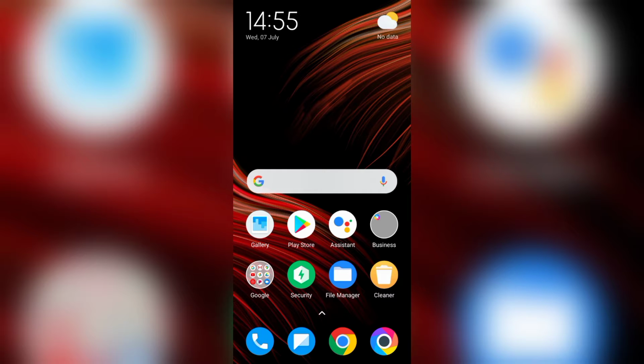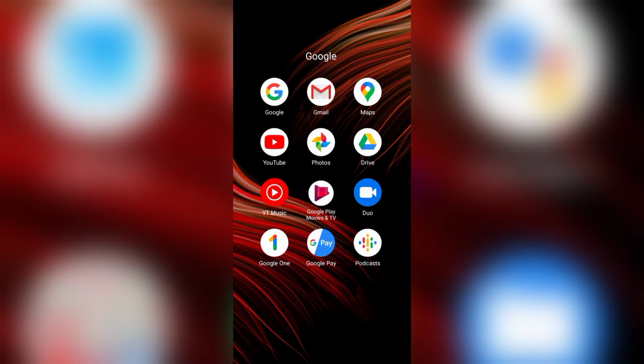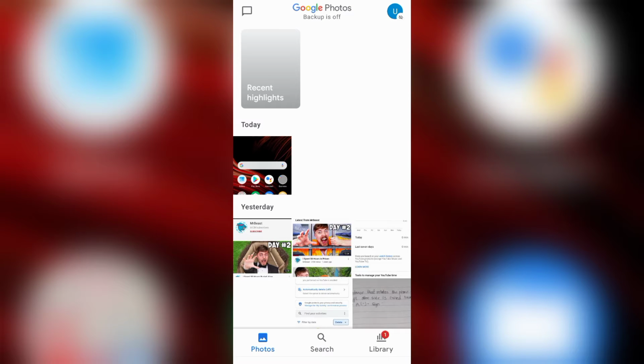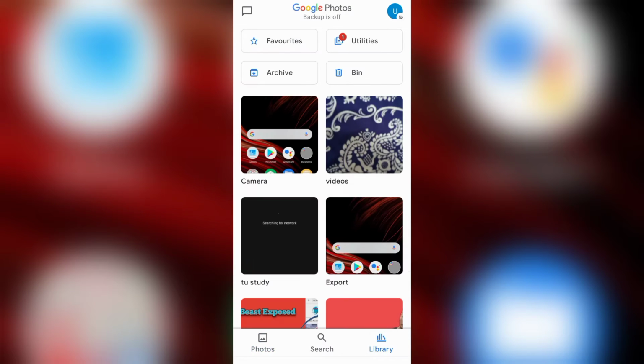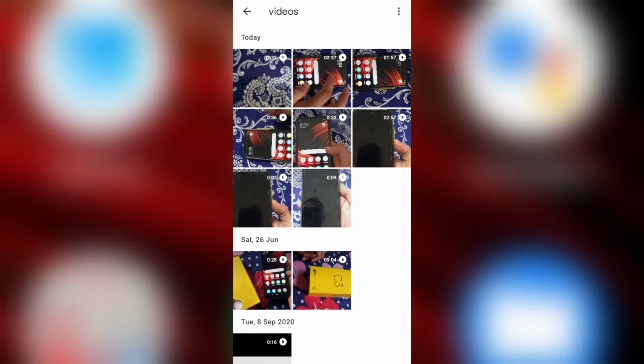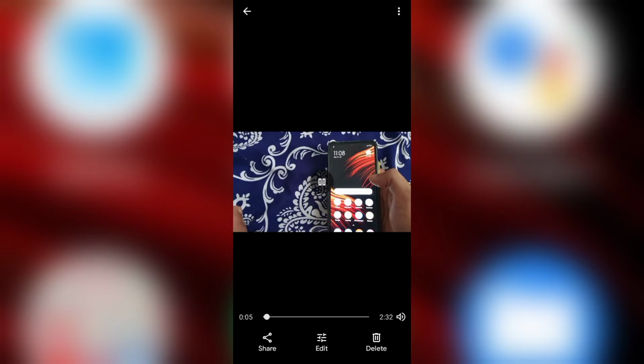First, you have to open this app, Google Photos Plus, and then you can go to library and you have to select one video. Okay, then I'm using this video. Look how much this video is moving, guys. And I'm going to touch here, edit,